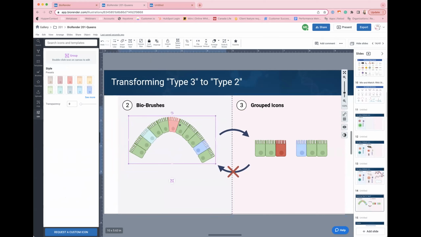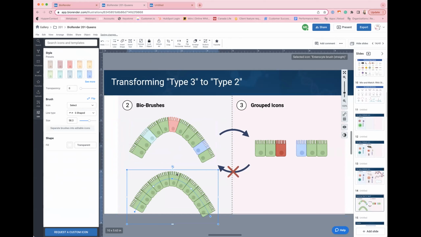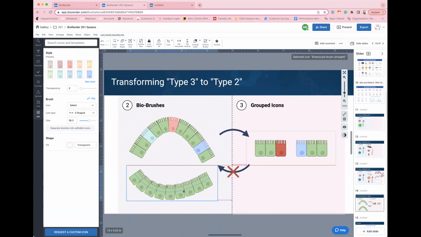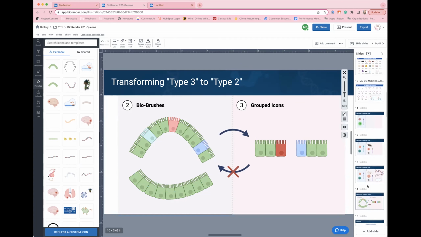But say you're like, oh, I actually don't like this shape. I want to change up the shape that I did. You can actually go back to favorites if you did remember to save it as a favorite, and you'll notice that I still have that brush here, and I can change the overall shape. So I've changed the shape as well, just because I saved it to favorites. So I always recommend hit favorite if you're planning to change it to a grouped icon, just because you can't go backwards from there. And so if you ever want to edit the shape in the future,